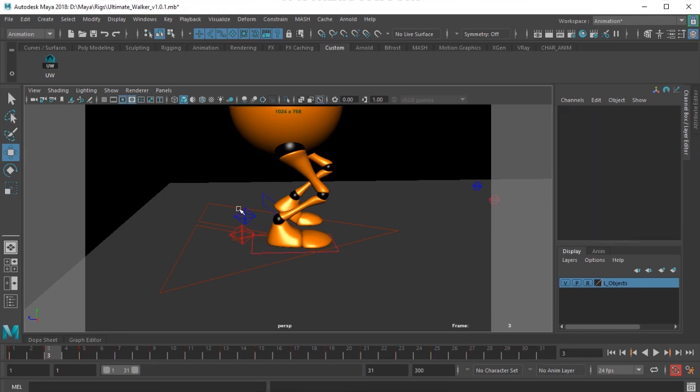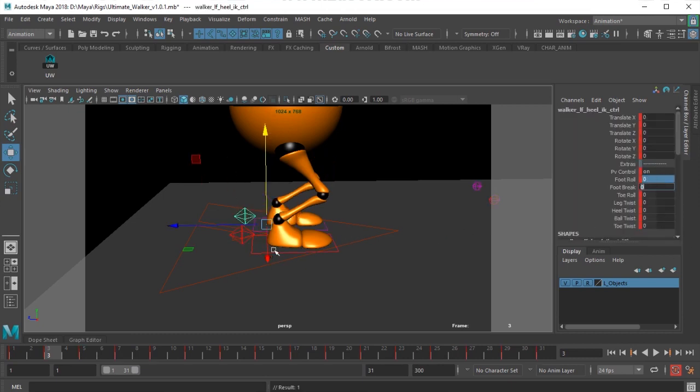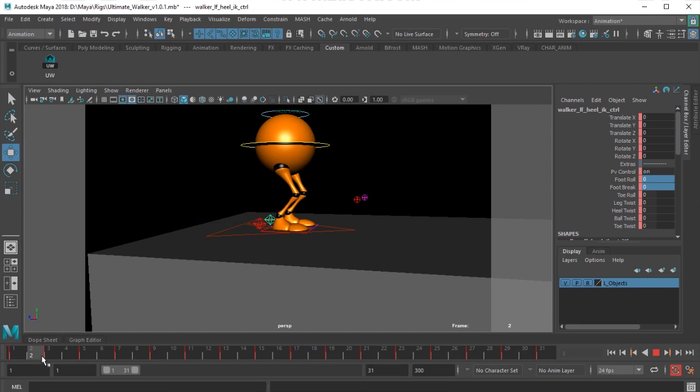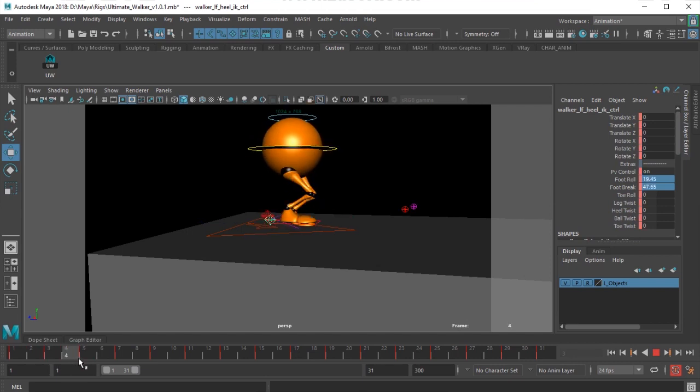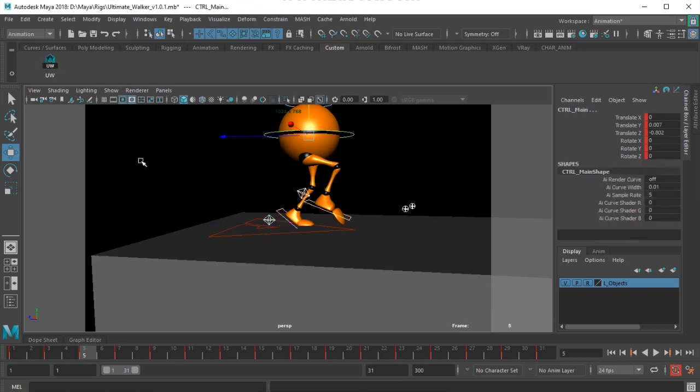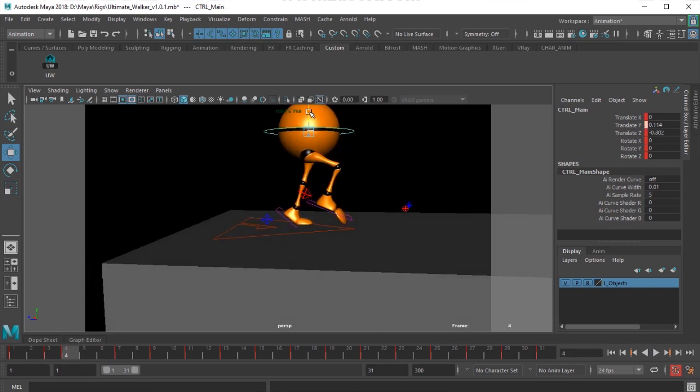I just remove the foot roll. Okay. And this pose, what I have done here, I'll do immediately there. I select the control.